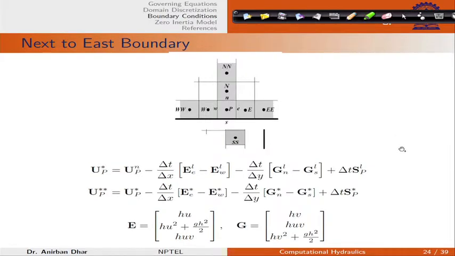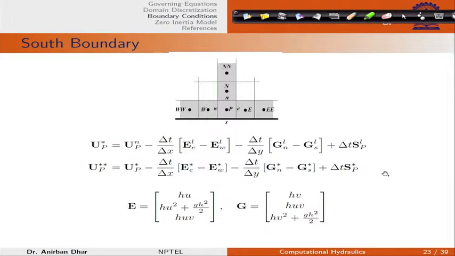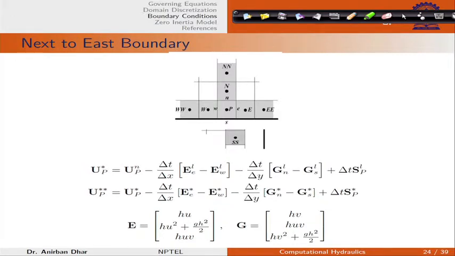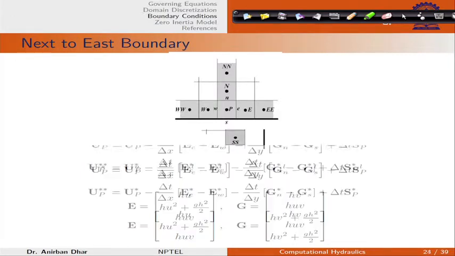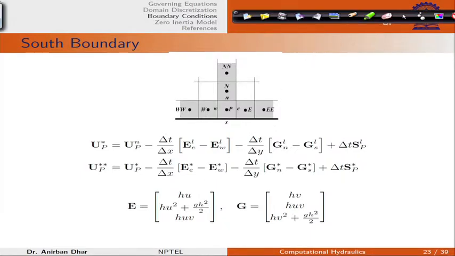Now, in case of our south boundary, this is again not boundary. If I have a south boundary on this side, this is north, we can have a south boundary here, and for south boundary the thing is the same, this G s quantity will be 0 for some components